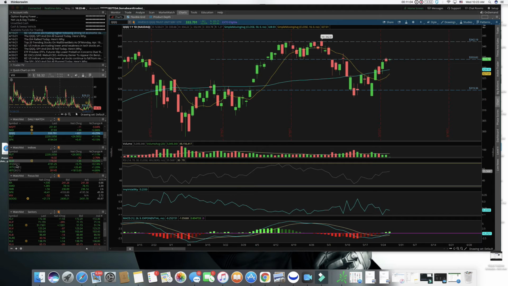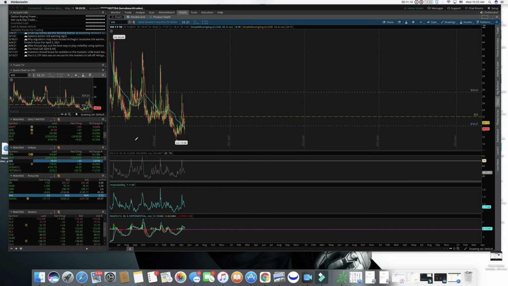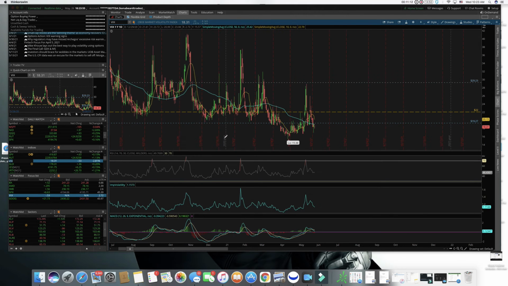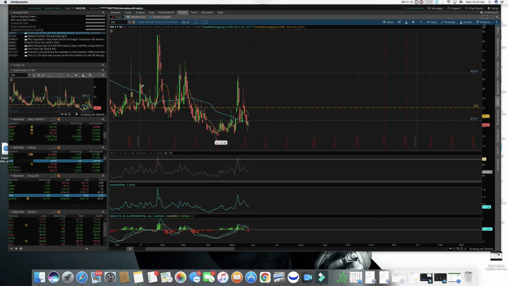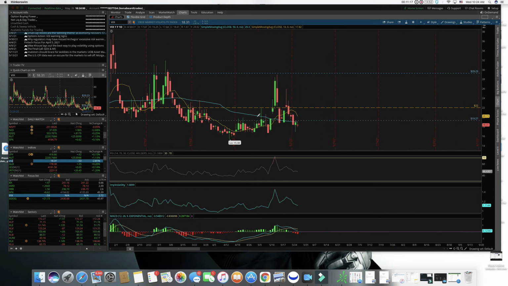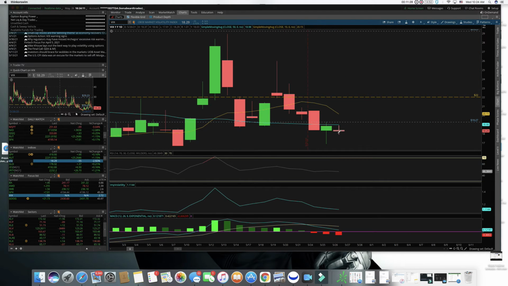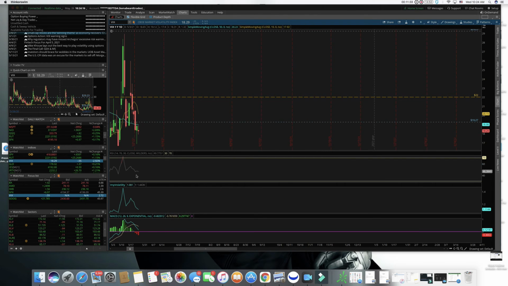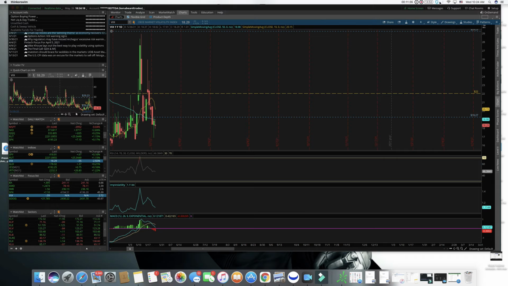Where's it at? I'm looking for my next one. There we go. Looking at VIX, this volatility index here. So below the $19 mark, we're sitting at $18.79. Yesterday we saw a little green here. So right now it looks like volatility is dying down a bit. So I want to watch that. Right now it's pretty early in the markets. Hasn't even been a full hour yet.